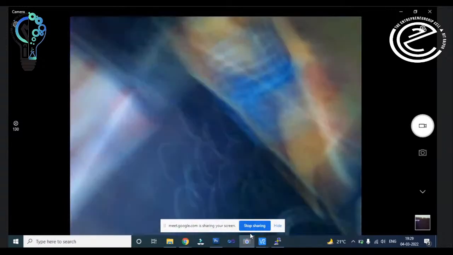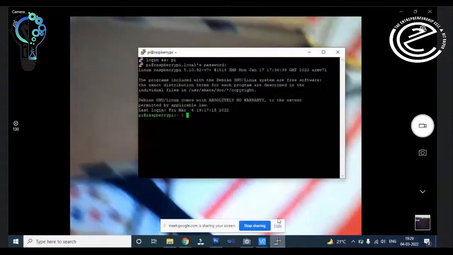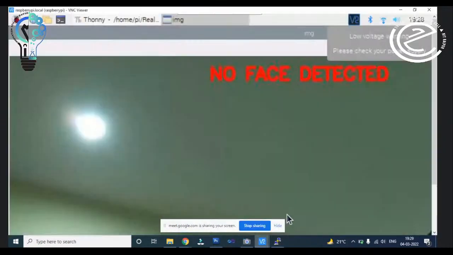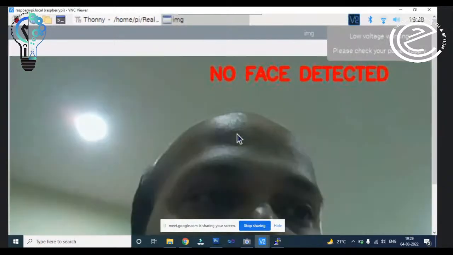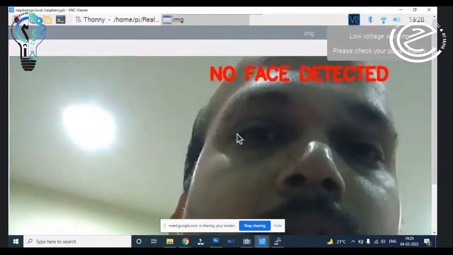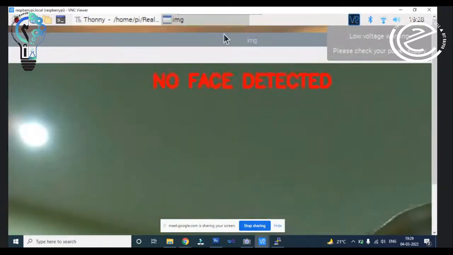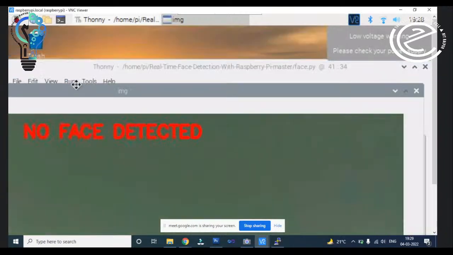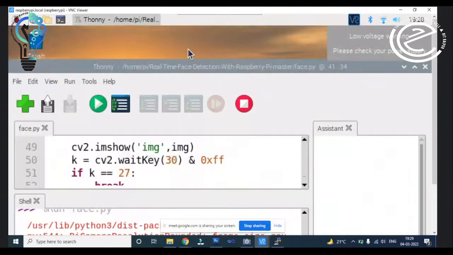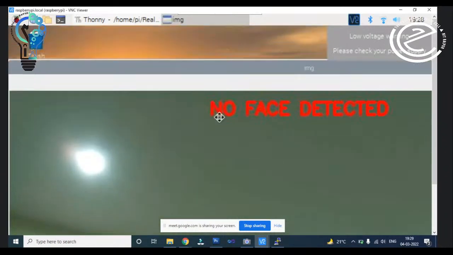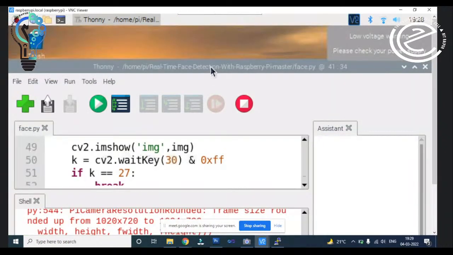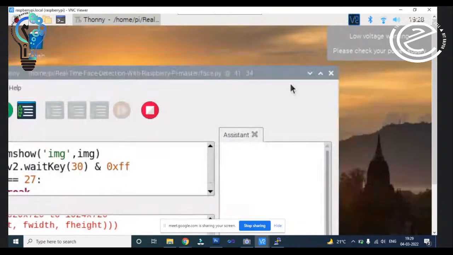So in the camera, you can use this camera for anything, right? You can run the code of face detection, which I am running right now. Right. So whenever the complete face will be at the camera, then it will detect, it will show a green message. Right now the resolution is not good. So I will set the resolution of the Raspberry Pi and then I can use this face detection code. Let me set the resolution first.